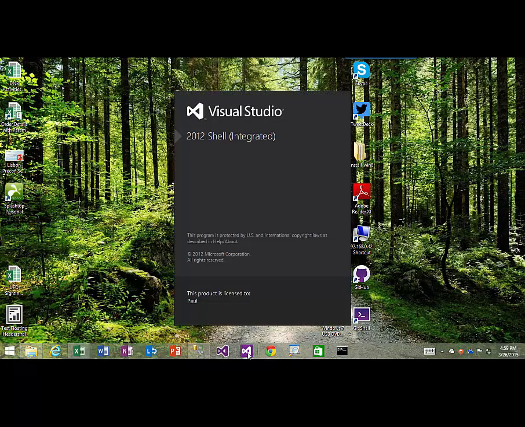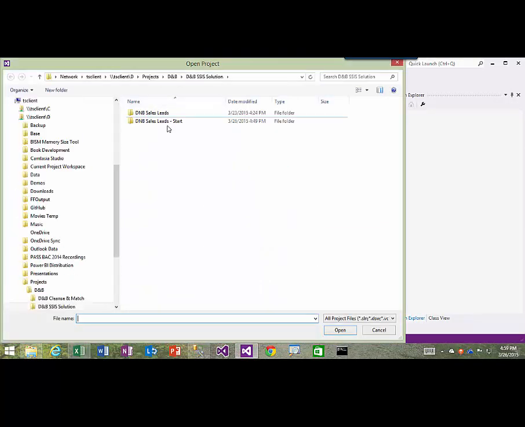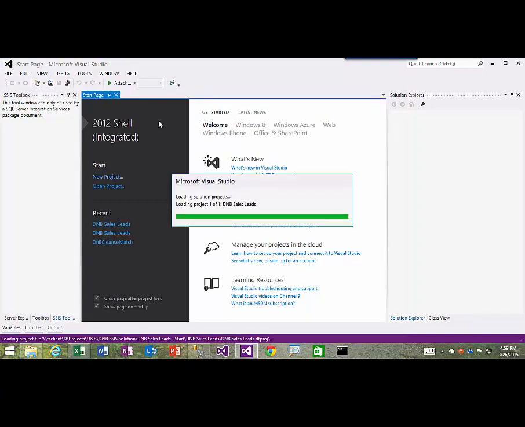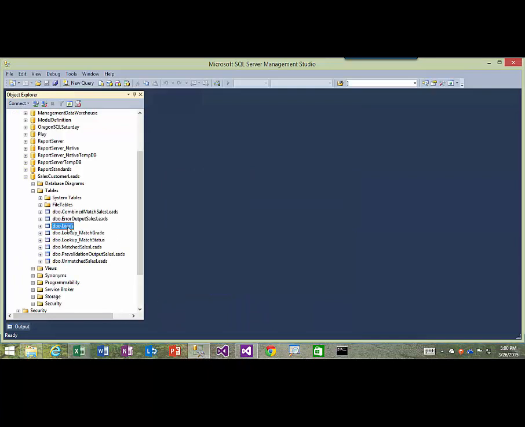So let's go ahead and take a look at actually building a solution. I've opened up SQL Server Data Tools for SQL Server 2012 or 2014 in this case, and I've already created an Integration Services project, but I'm going to use that project to add the DNB SSIS component to. So here you see that I have a SQL Server database. I have a table called leads, and we'll take a quick look at the leads records